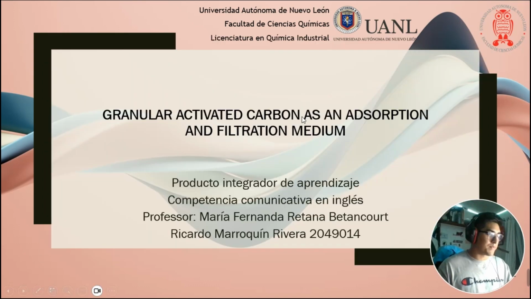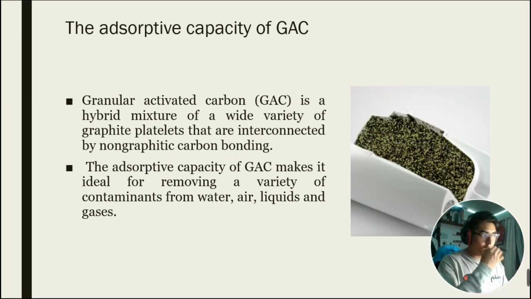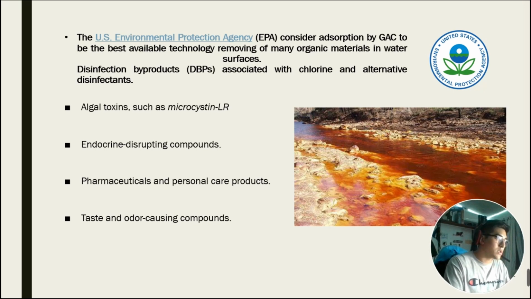As an absorption and filtration medium, well, the absorptive capacity of GAC. The granular activated carbon, GAC, is a hybrid mixture of a wide variety of graphite platelets that are interconnected by non-graphite carbon bonding. So the absorptive capacity of GAC makes it ideal for removing a variety of contaminants from water, air, liquids, and even gases. The United States Environmental Protection Agency, the EPA, considers absorption by GAC to be the best available technology for removing